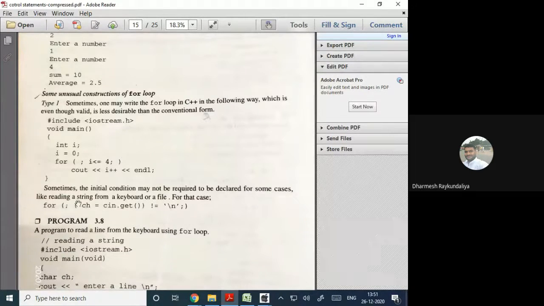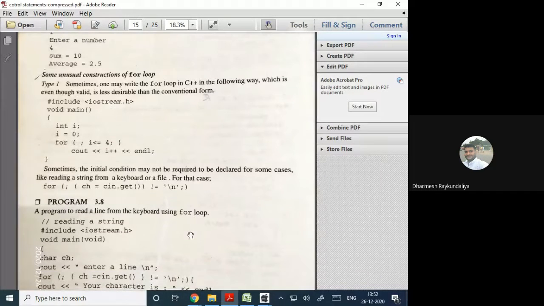If you wish to read a line using the for loop, this is the command for that. There is no need of an initial condition, you only require the termination character. So not equal to '\n', that means as long as the characters you are entering are not equal to newline, you will enter the words from the keyboard, but as soon as you give the enter, it will exit from the for loop.